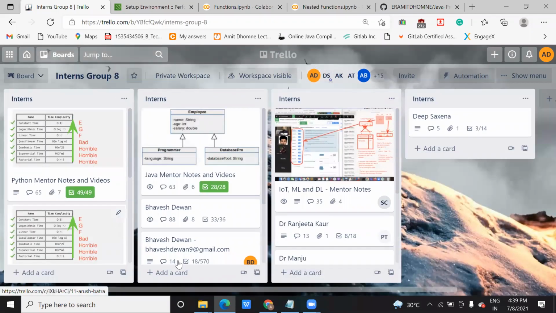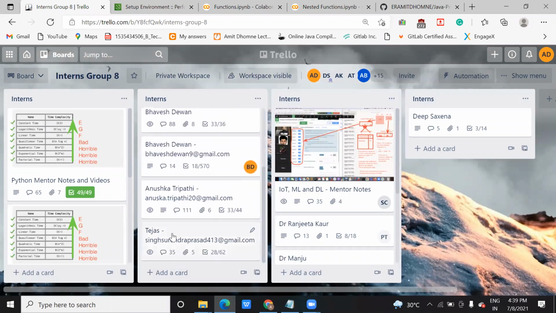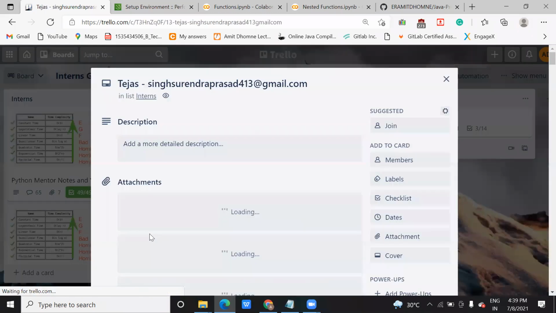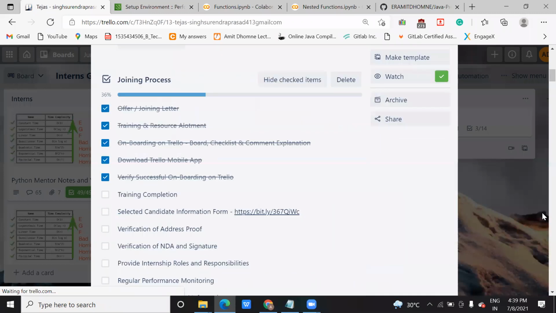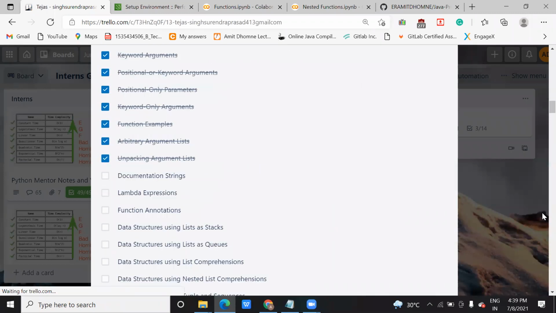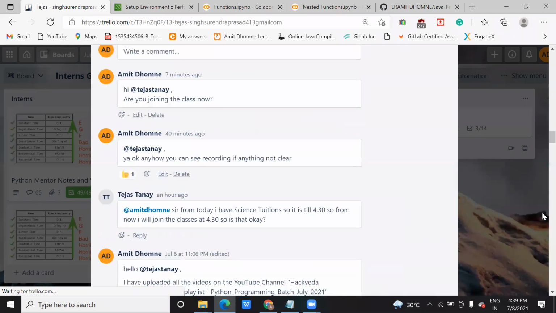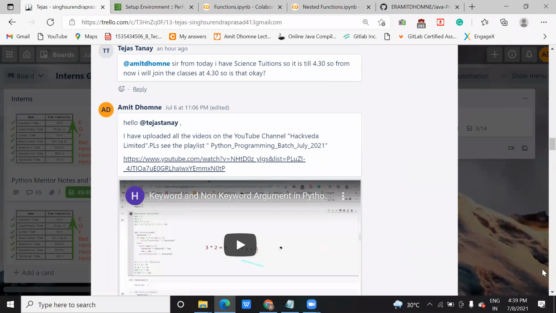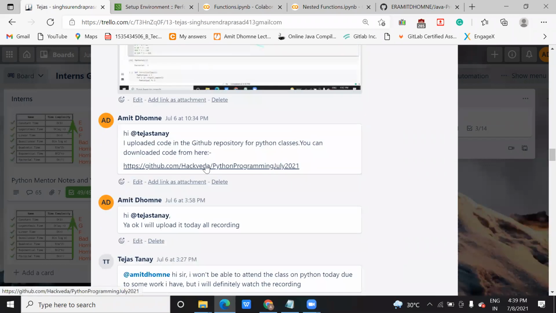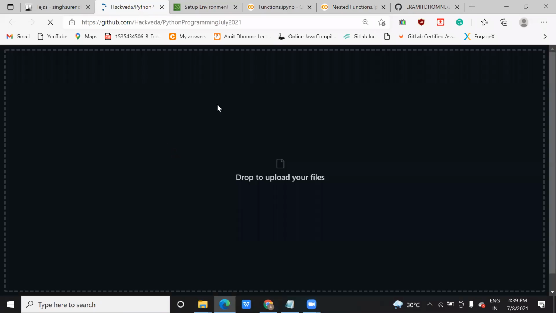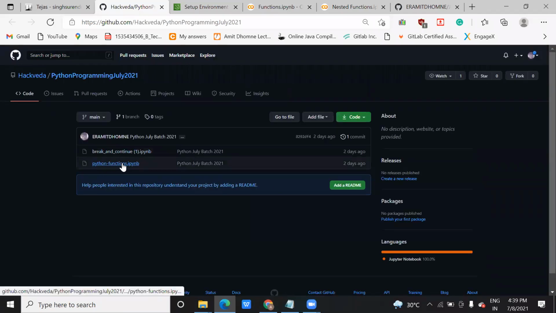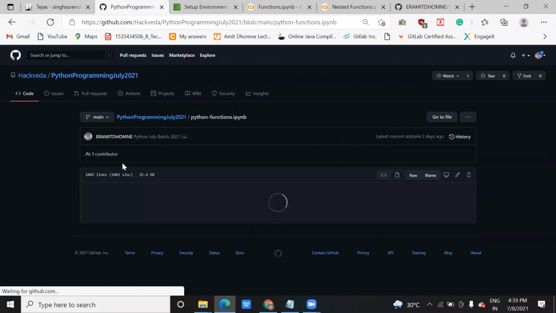I already shared that link with you. Let me open that. This was the GitHub link. In this GitHub link, if you see, these are the two codes. Let me open this.